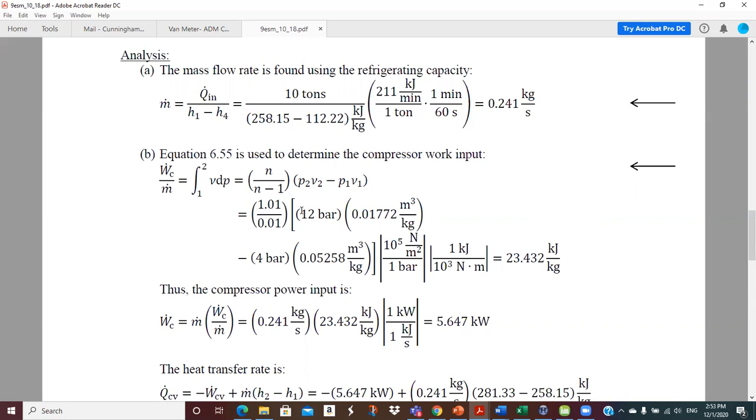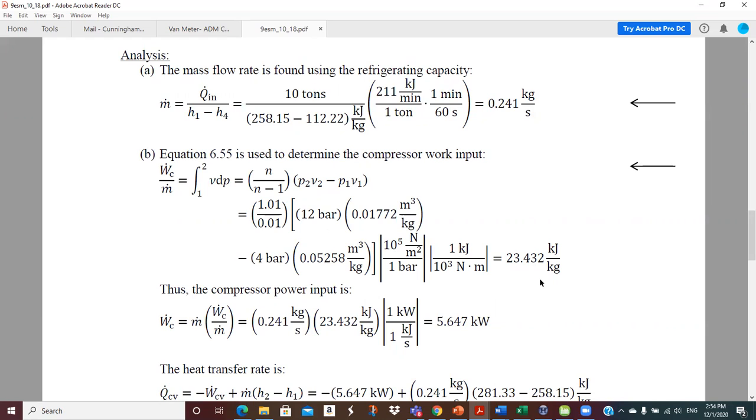So this is P2 V2 minus P1 V1, and then with the conversion factors. We're coming out at 12 bar, going in at 4 bar, with specific volumes just out of the table already developed for us. And then we have to juggle our units. That's probably the hardest part of this, and looking up this equation, or doing the integral. I guess you could do that. With the conversion factors, we come out with